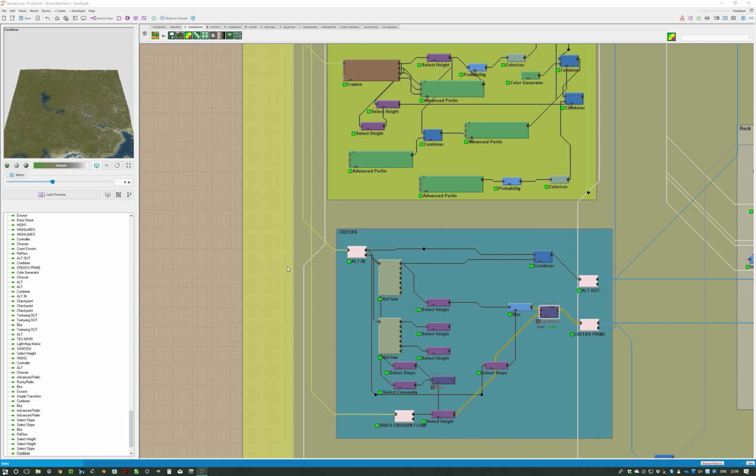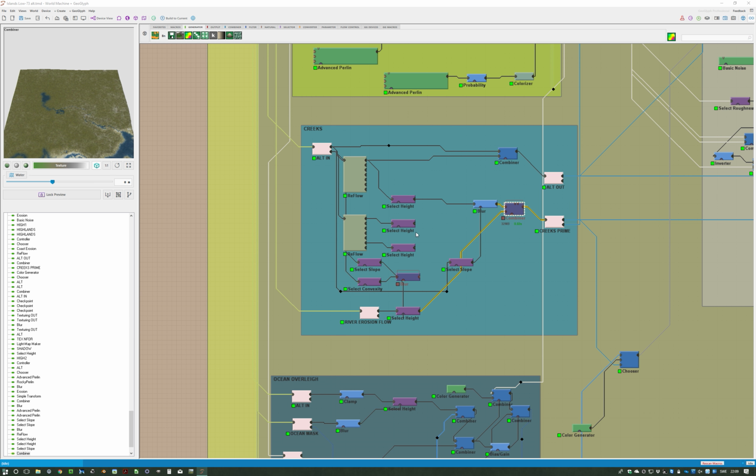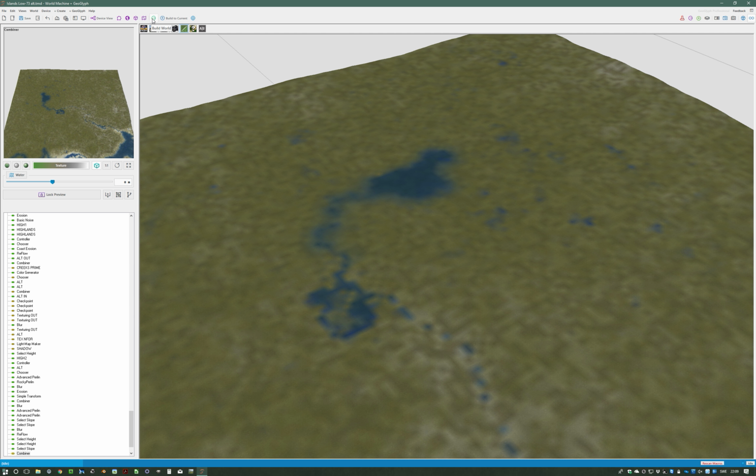and then it ends up here where I have the creeks, these that are automatically generated. I take the river erosion flow and put a slope setting on it, so only the flat areas will actually get it, and I put a height selection so I can tweak it back and forth how much I want. Then I add that to the mask that sets the creeks, and then I can reintroduce that data. And then when we look at the file here again,